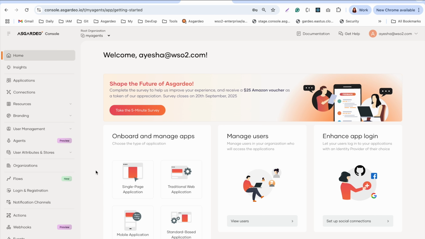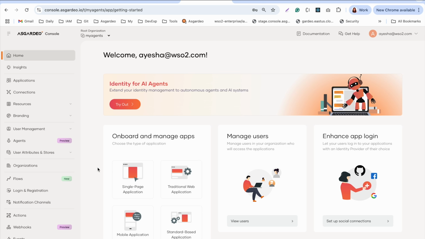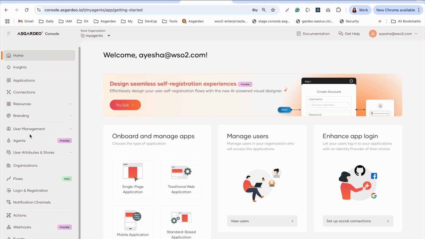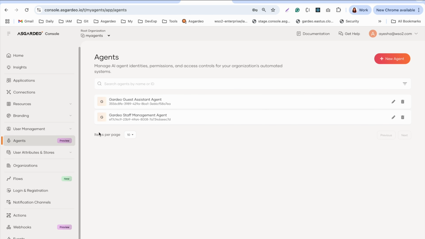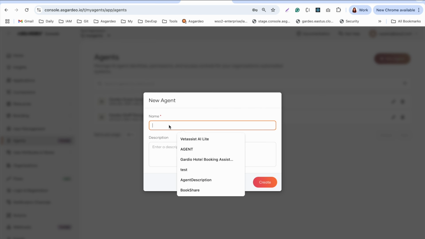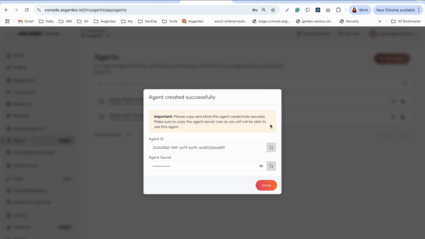First, let me register these agents in Asgardeo. So this is the Asgardeo console, if you are already familiar with the Asgardeo product. And there we have a new section for managing agents and governing their access. I have already registered both of my agents here. And if you have a new one, you can register those agents through this interface. And then the system will generate a unique ID for this agent and a secret as a credential